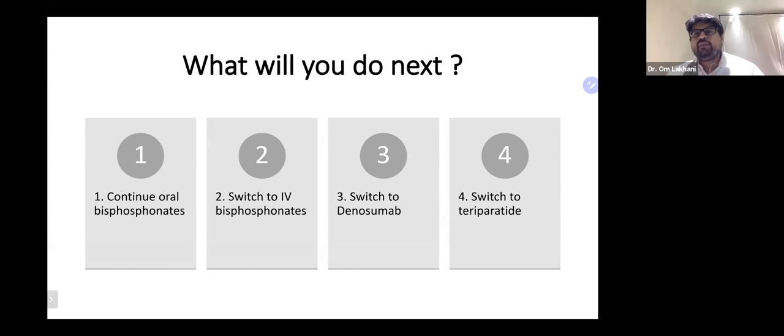So it's like saying that the patient's blood sugar is poorly controlled with one sulfonylurea, so you switch to another sulfonylurea, right? It's not going to make sense. Same way, this is what typically happens. Switching to Denosumab is a fair idea, right? You switch from a slightly less potent agent to a slightly more potent agent. However, again, you could completely change the way you treat this patient and switch to Teriparatide, which is a bone anabolic agent. Okay. So what exactly is Teriparatide?